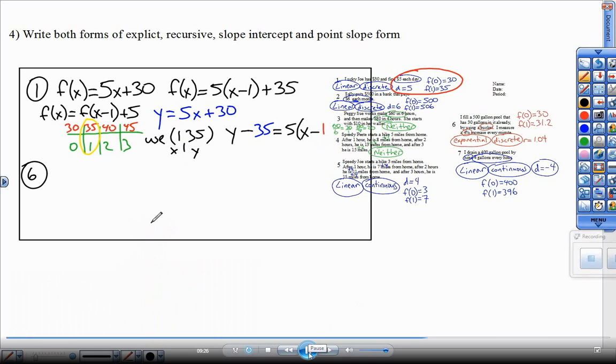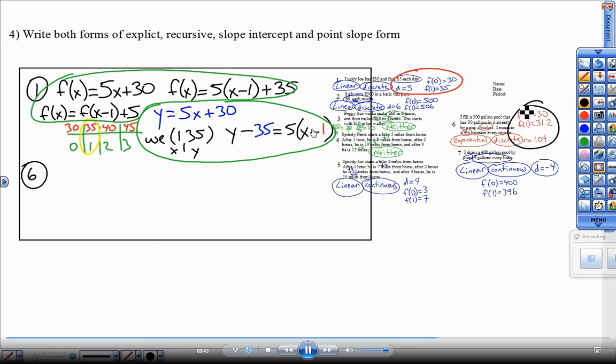That is point slope form right there, with the y and the x always staying the same, but from the coordinate you're choosing, the y number goes here, the x number goes right there, and the slope number right there. But again, you can see all those forms: both forms of explicit, the recursive form, slope intercept form, and then point slope form, knowing that if I distribute this and add 35, I will end up right back at the slope intercept form. The next one, geometric: f of x equals the 0 term, 30, times r to the x power,